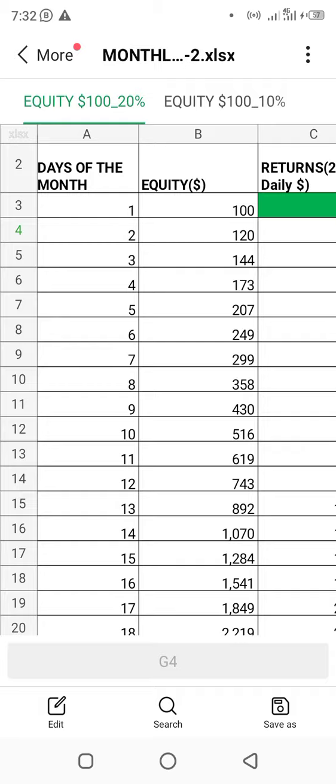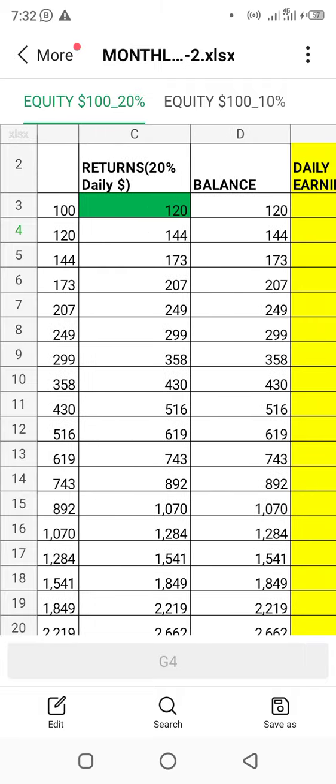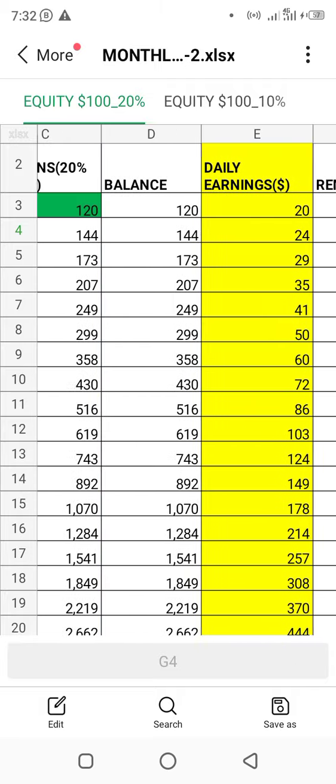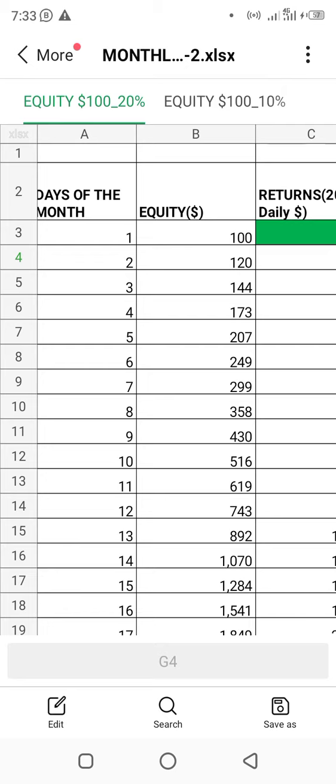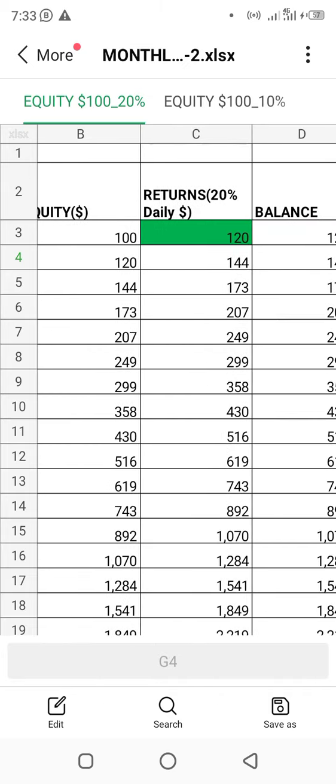What I want you to do is, you are not giving me the money. This money, you are going to fund it into your account. Look at day one. This is $100 day one, and you make sure on day one, you make 20% of what you invested. 20% of $100 is $20. That is, you are making $20 for the first day trade.